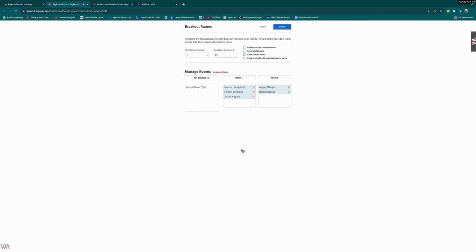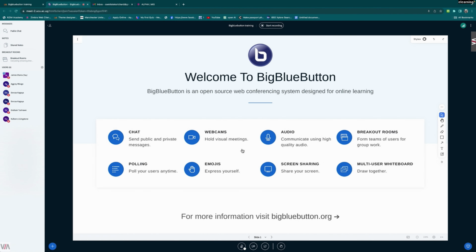Remember I told you you can allow users to save the whiteboard. You can allow users to save the shared notes. Here we are not going to allow users to choose by themselves the different rooms, since we have already assigned for them the rooms. Then you create room. So when you create room, an invitation will be sent to the different students to join their rooms. So as we wait for the students to join,